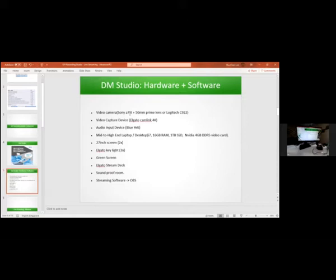We have a Sony Alpha camera. Can you see it? Yes. This one, including the lens, is almost $4,000. But like I say, you can replace this camera with a lower range one, like $1,000 or less, or you can replace it with a webcam of decent quality, which is what we call a Logitech C922. Brian is showing it, and this is about $100 over,